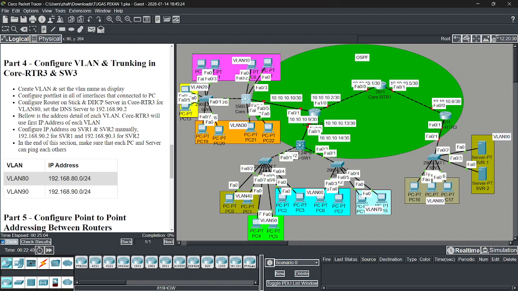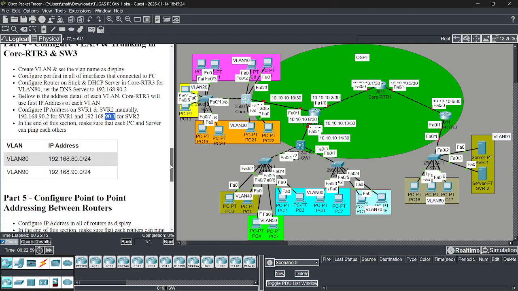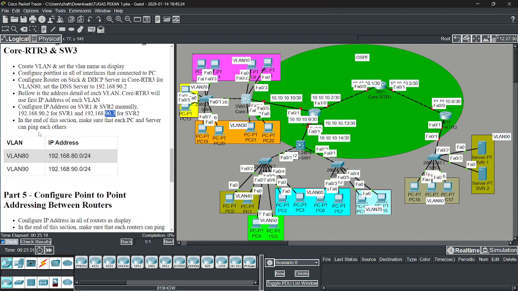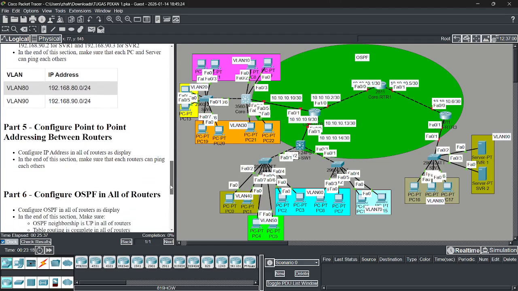Server 2 is 90.3, which is for the web server. At the end of this section, make sure that each PC and server can ping each other. VLAN 80 is 80.0/24 and VLAN 90 is 90.0, with a /24 subnet mask.